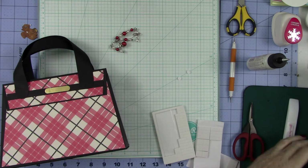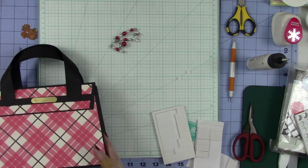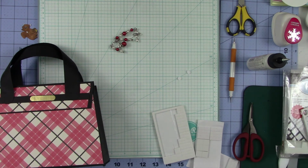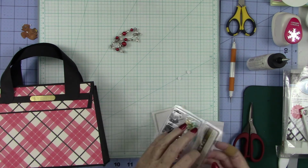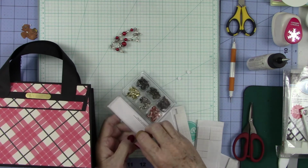Why is it when you are crafting, you lay things down on your desk right in front of you and then you can't find them? Do y'all do that? I do it all the time. And I had those little brads right here in my hand just a minute ago. Okay. Let's see. I have some more right here. So let's go ahead and grab these. I think it was a different pack than this, but